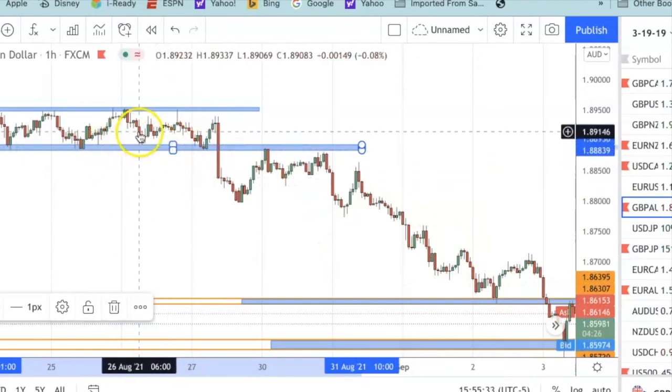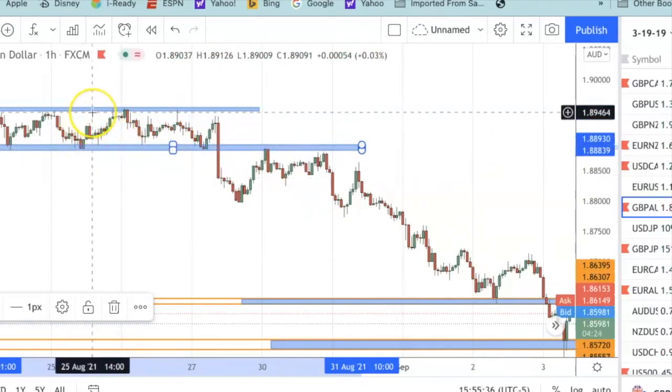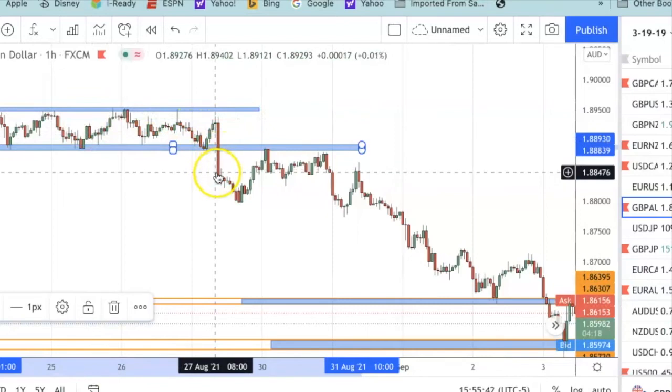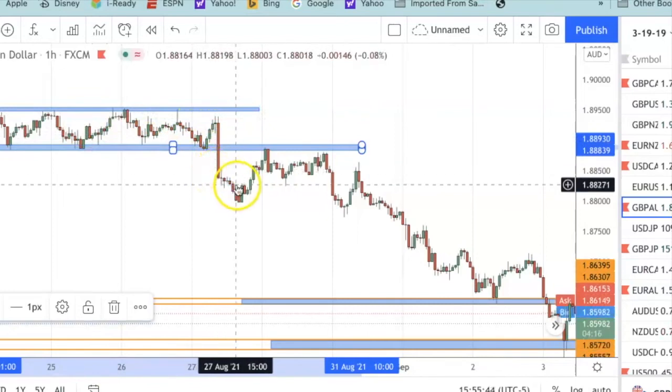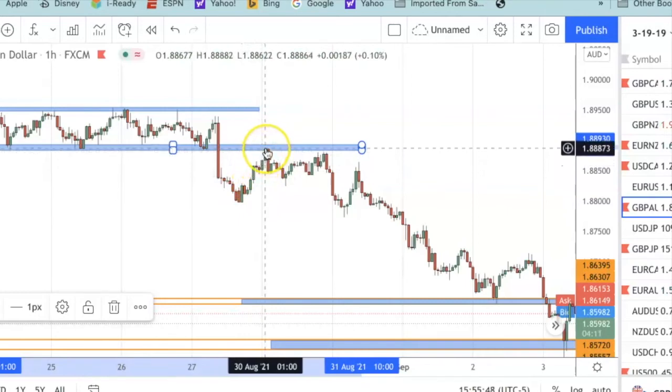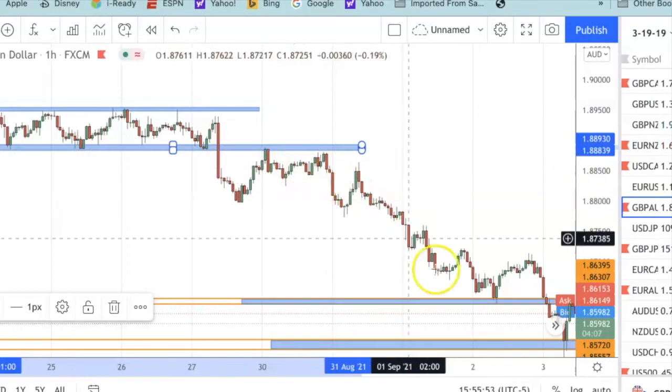So price action, again, is you're waiting on price to make a move. I created the zones that I wanted to make a move out of, up here, down here. It made the move here on this candle, but I wanted to wait for that retest. Then I waited for price action to come back up and retest here. And then this is where I could have got in this area and then taken this down.